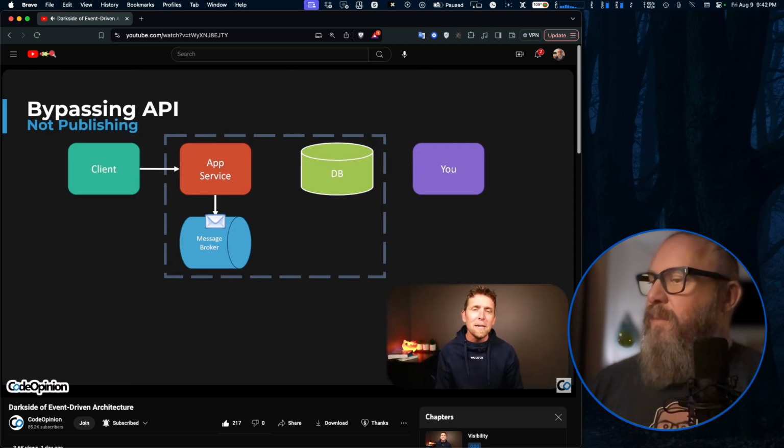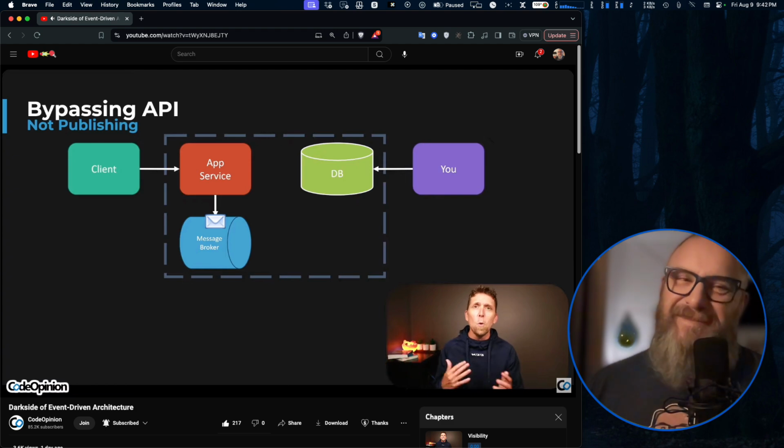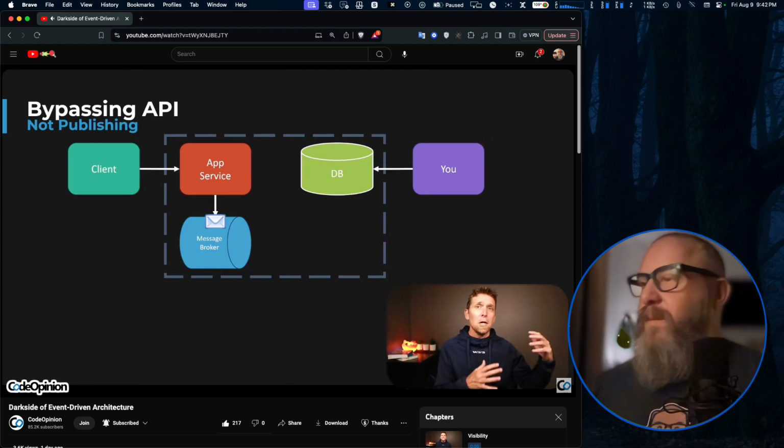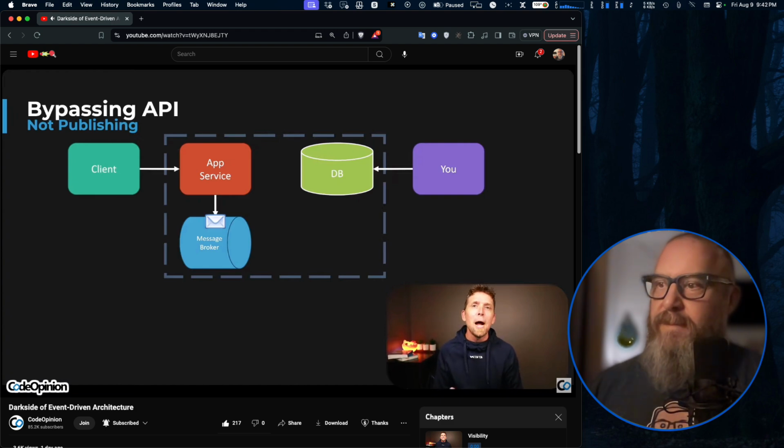The problem is, and we've all probably experienced this, there's some bug in code where now data is maybe incorrect in our database. So we as developers analyze, figure out what the actual issue is, and then we just go manually update the data to fix it to what it actually should be. We fixed our code going forward, but we still have to manually fix data. If we touched our database, or it could be some other client app that's connecting directly to that database, we're bypassing that API that ultimately is responsible for publishing that event.